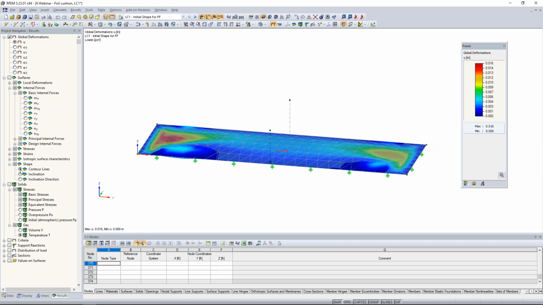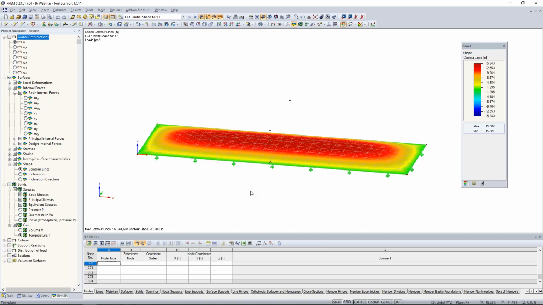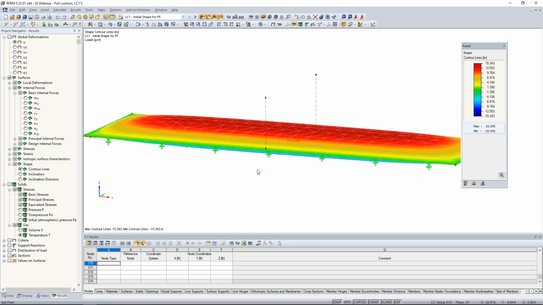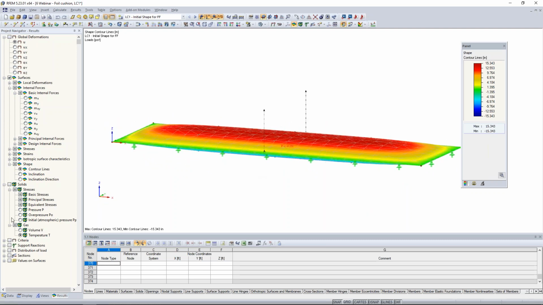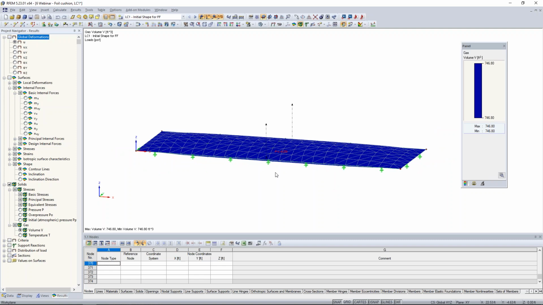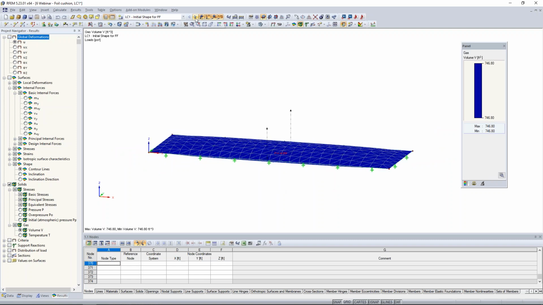So when we run our analysis, maybe initially we can view the contour lines of the shape just to see the nice contours that we would see with this inflated foil cushion. But we're probably also interested in information such as our solid pressure. We can view the overpressure, for example. Gas volume is given to us here, as well as the temperature, but the temperature is just going to be that 74 degrees that we initially set it as. So with these foil cushions, this initial load case is interesting, but we probably also know that it's going to be